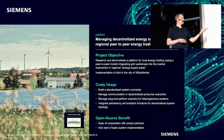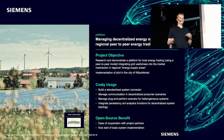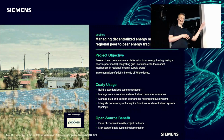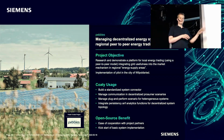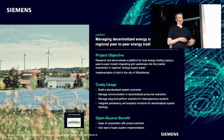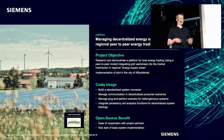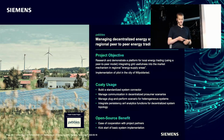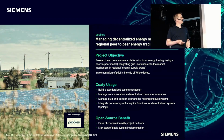And again, here the open source benefit was we had immediate ease of cooperation with our external partners, as the USB was actually here in the marketplace, which is kind of Siemens IP, but really the others could immediately also participate, starting from Fraunhofer to some Allgäuer Überlandwerk, whatever. That was one approach, but our lead topic is actually